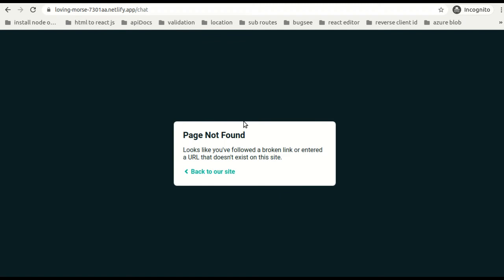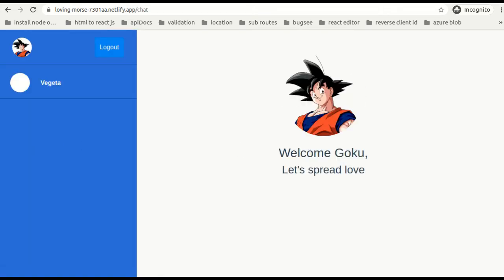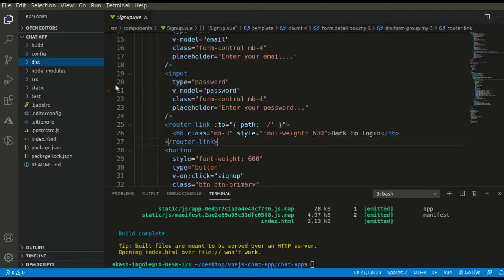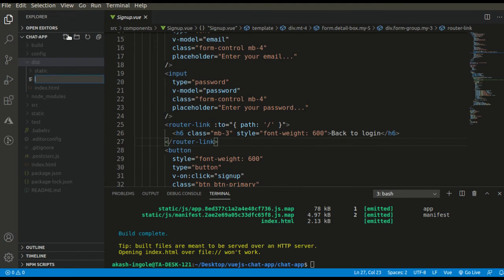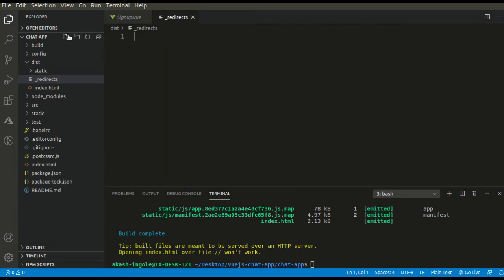We need to handle it, and for this we need to add a file in our dist folder. Let's go ahead and do this. Make a redirect file in here, underscore redirects, and just paste one single line of code over here for redirecting the browser to index.html whenever we refresh our page.